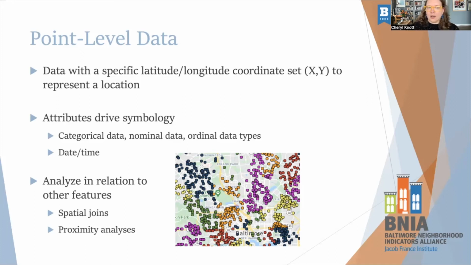And so once we have data that is in a GIS system, we have latitude, longitude coordinates, we're able to analyze attributes, and we're also able to do analysis based on location. So we can do some functions like proximity analysis to see how close points are to one another or to other features that might be in a GIS. And we're also able to do a function called spatial join. A spatial join is one that is incredibly powerful for us as an organization